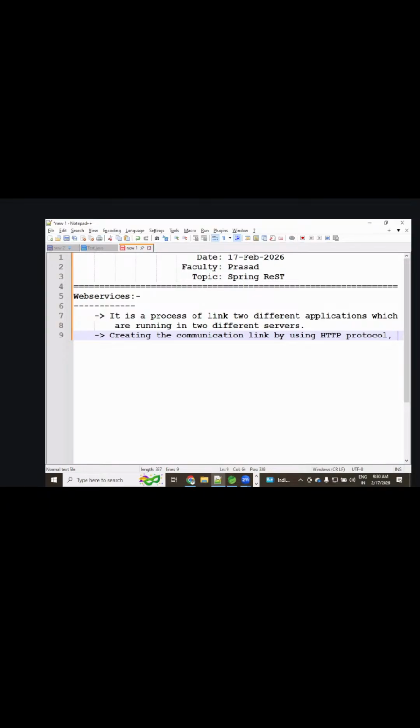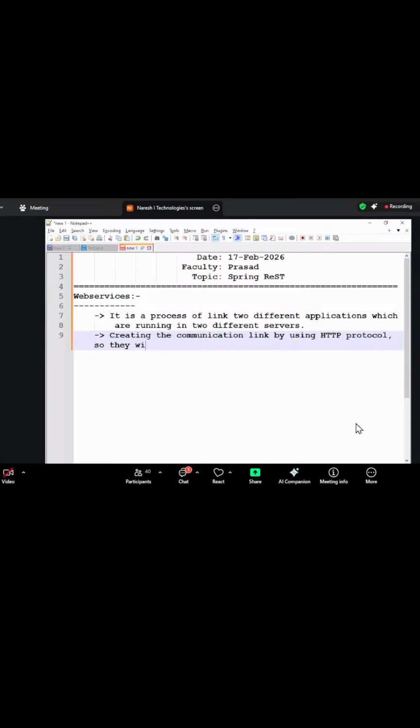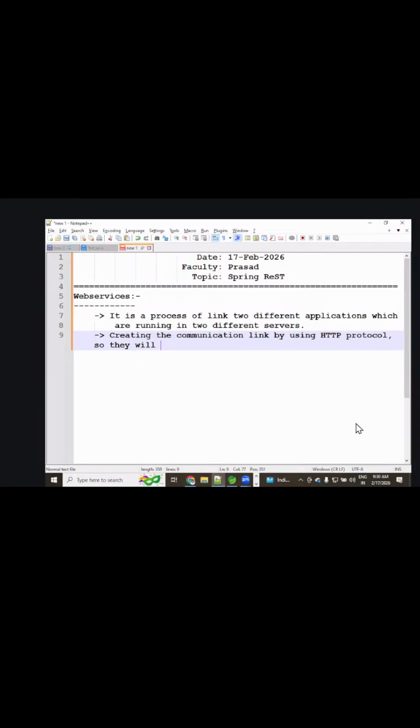They will be implemented in different languages, in two different languages.